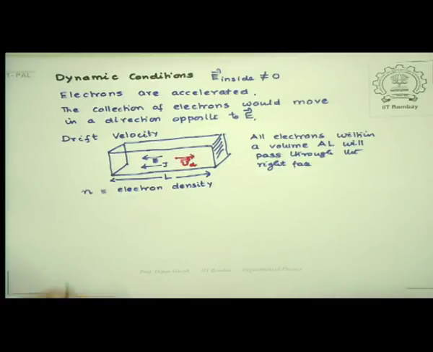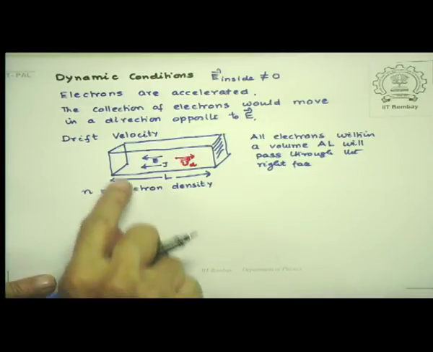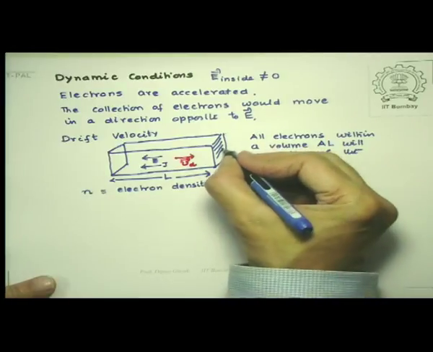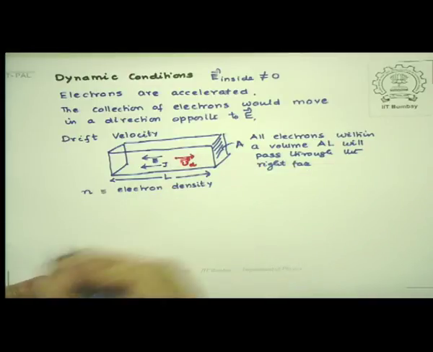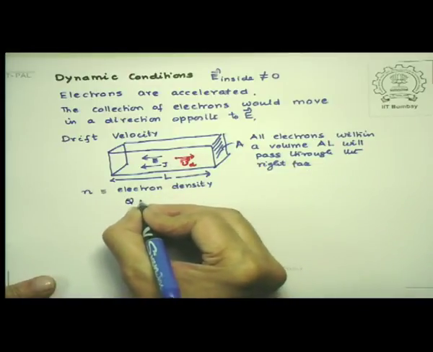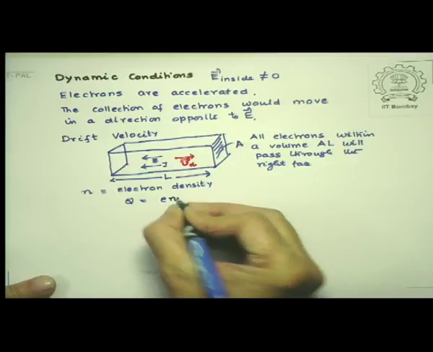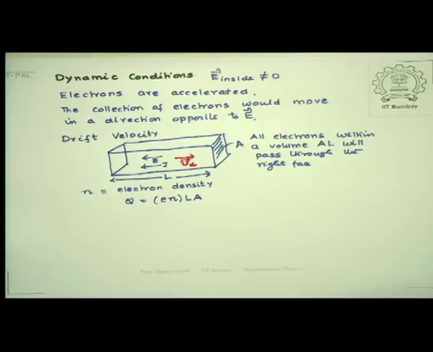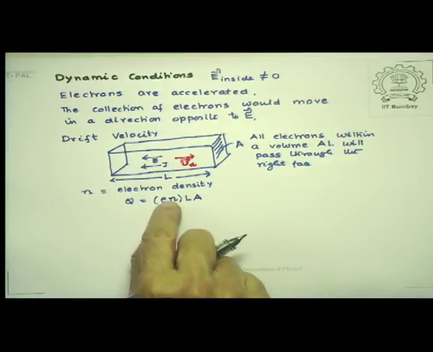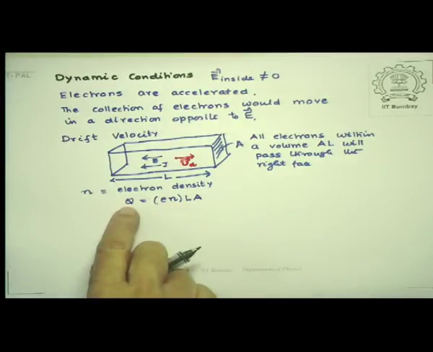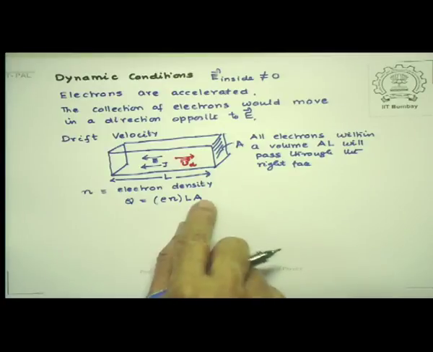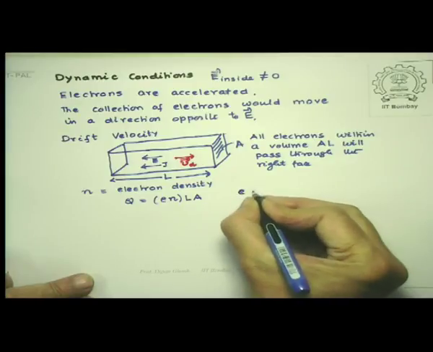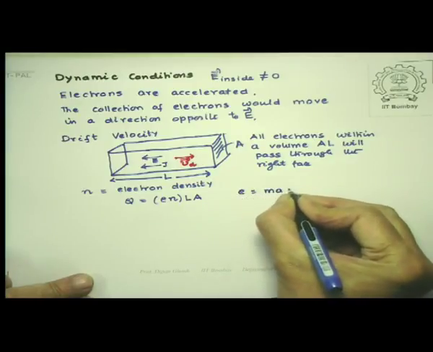Then the number of electrons in that volume is obviously n into L into A. So this area is A. And the charge that is contained is e times n into L into A. Well, this being electronic charge, the charge would be negative, but in this case I am talking about the magnitude of the charge. So in this case, my e is the magnitude of electronic charge,